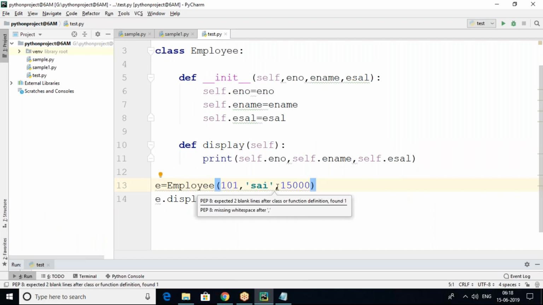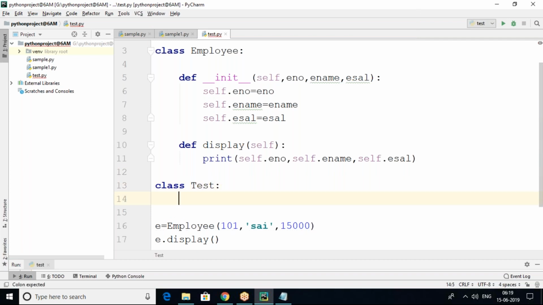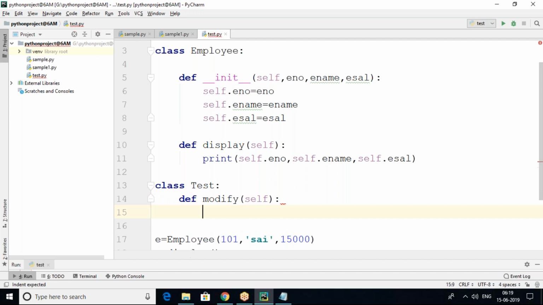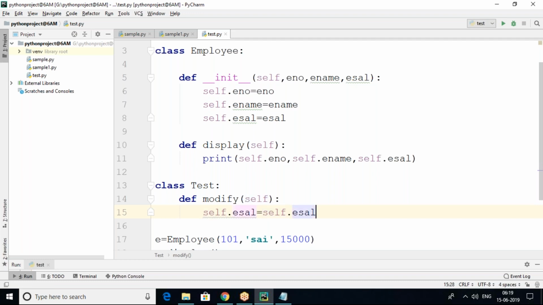Okay, so let's try to create one more class. This is a separate class. Class Test. Test is my other class. In this Test class, I'm trying to take one method called modify method. Through the modify method I want to modify esal equals self.esal plus 2000.